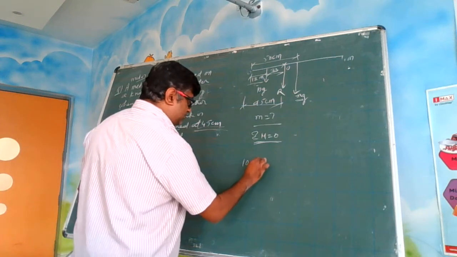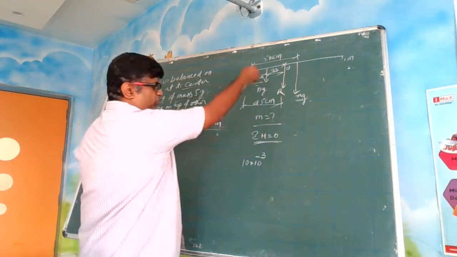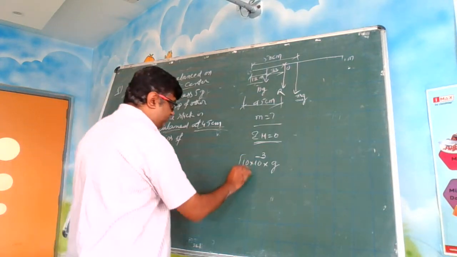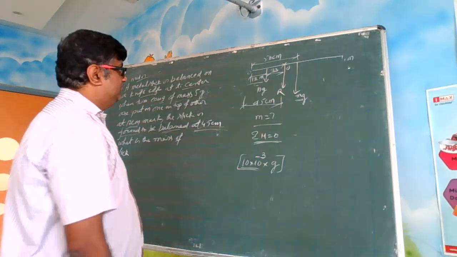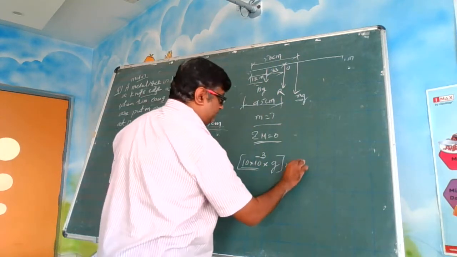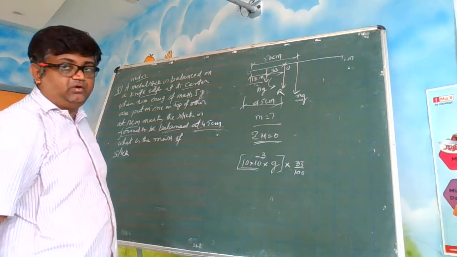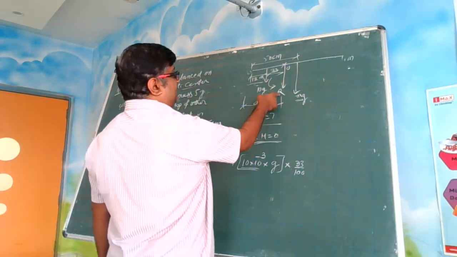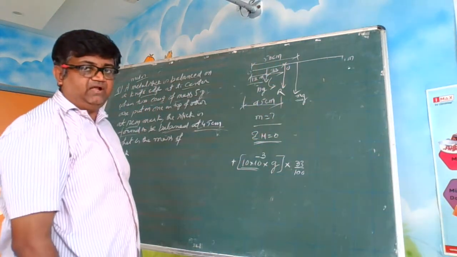So it is 10 grams. So 10 into 10 power minus 3 is the mass in kg, into g, because we have to convert it to weight. What is this g? Acceleration due to gravity. This is the force, right? This is my mass into g, the force, into lever arm. I am taking about this point, so it is 33 centimeter, so 33 by 100 meters. It is anti-clockwise, so it is positive. About this point, R will have no contribution because R is passing through the 45 centimeter line. So R will have no contribution in the moment.